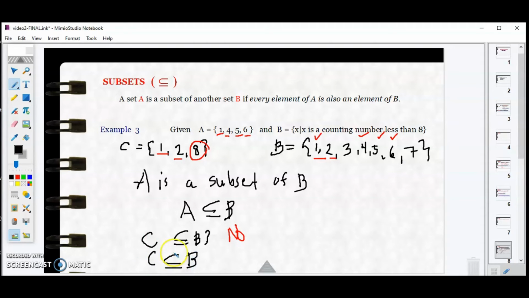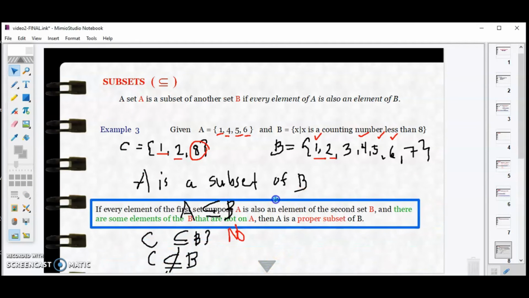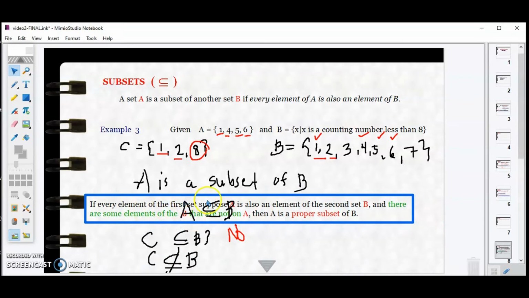So we write C is not a subset of B. Take note, not is using a slash. By putting a slash on the symbol, that means you are taking the opposite of its meaning. So we have C is not a subset of B. Now, we have to take note of this. Okay, for subsets, we also have to remember this. Okay, sabi dyan,